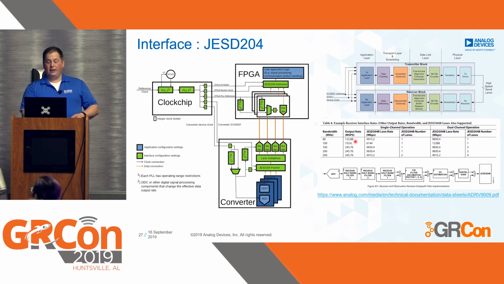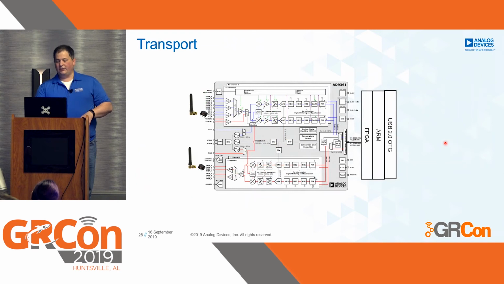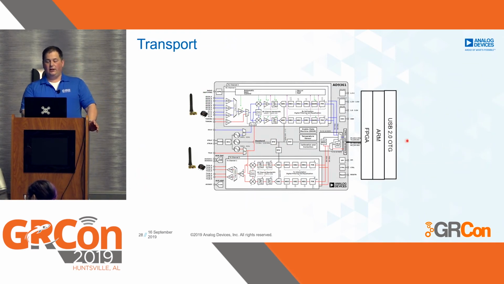And where that comes from is each sample here is 16 bits. You have IQ, so that's 32 bits. You have an 8B/10B encoder, which is times 40, so you have 40 bits to transfer over. So it's just sample rate times 40, and that's your lane rate. And some of these are going quite fast, like over 9 gigabits per second or 12 gigabits per second, to just transfer the data from the transceiver chip to the FPGA. And then there's the transport piece, like USB 2 or USB 3 or PCIe or Ethernet that goes to your host.